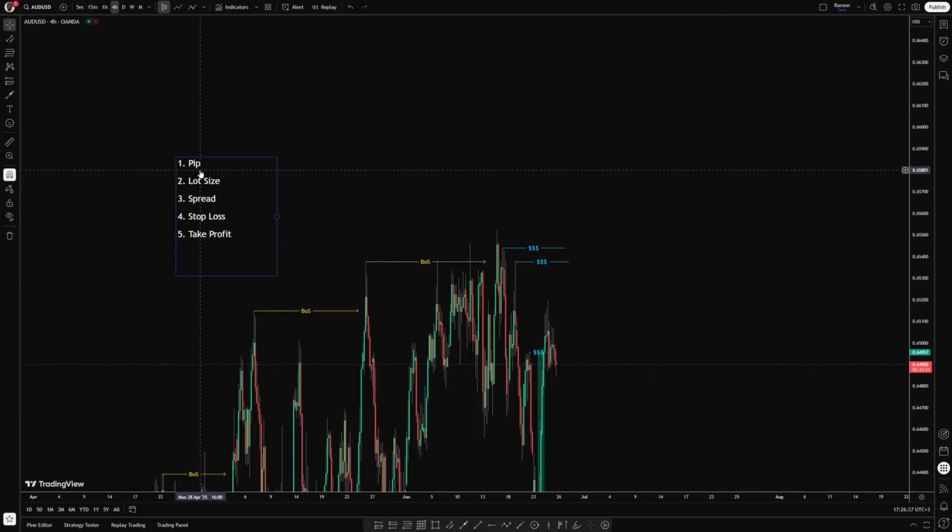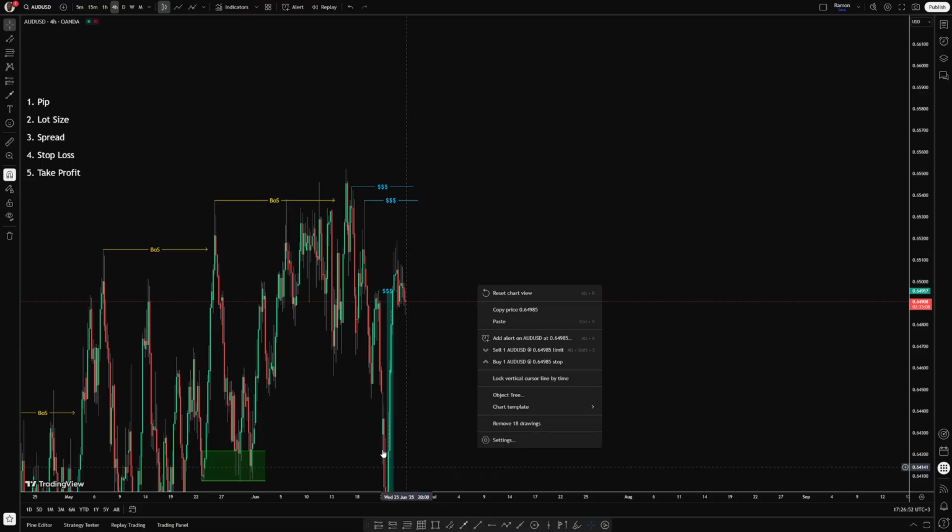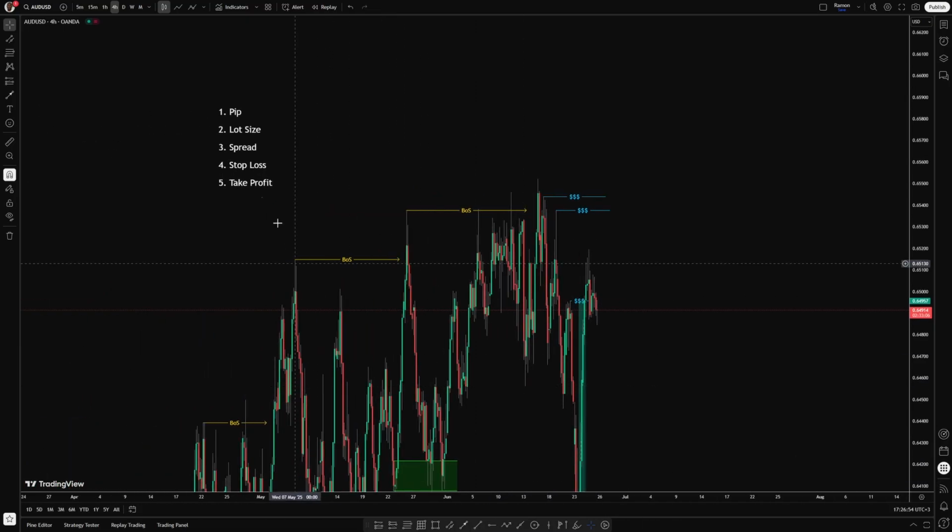Okay, we've covered a pip, we've covered lot size, spread I've told you is the difference between bid price and entry. Let's go to MetaTrader 5. Is where we can see this spread very clearly. Stop loss you've seen, take profit you've seen. So let us do something to do with the spread. On MetaTrader 5,